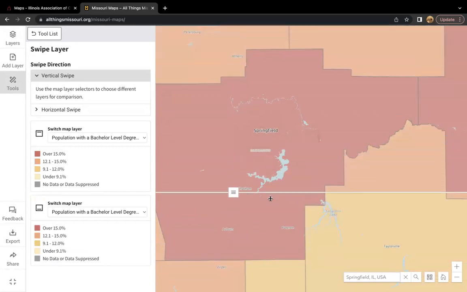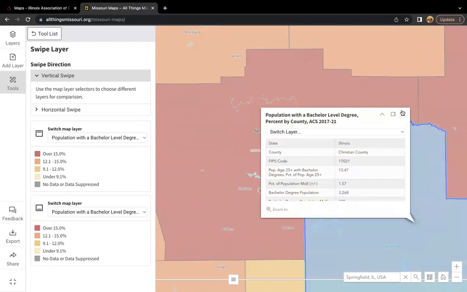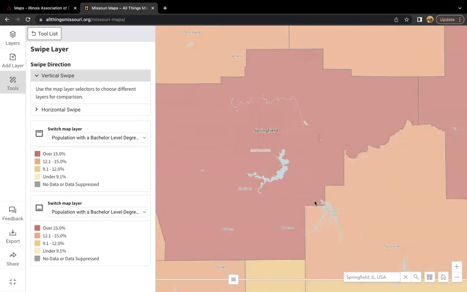So as you can see here, our top layer is going to be our most recent data, the 2017 through 2021, while this bottom layer is going to be that 2014 through 2018. And so we can see that in our county down here, in Christian County, our percent of population that has a bachelor's degree has increased.